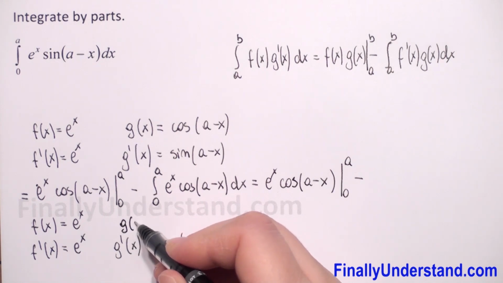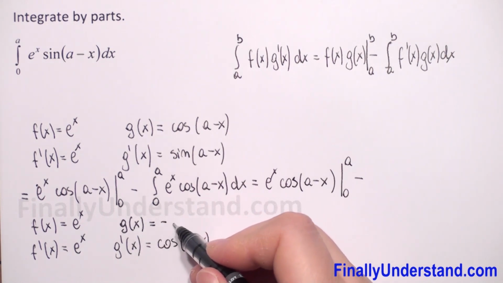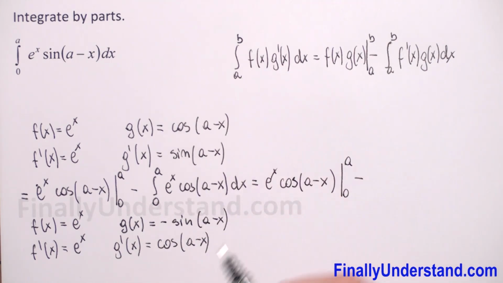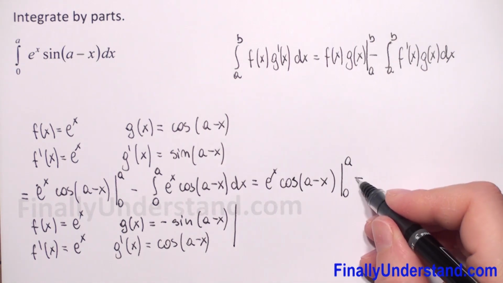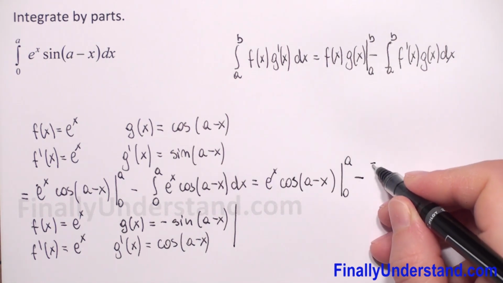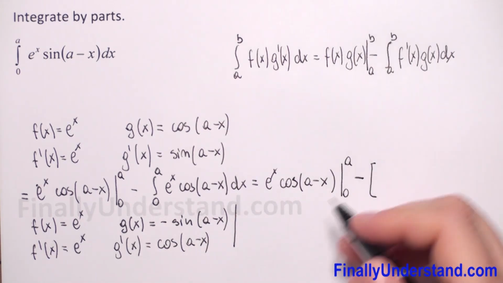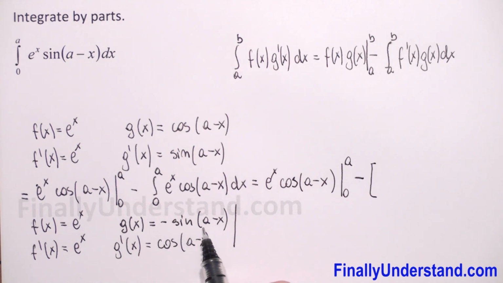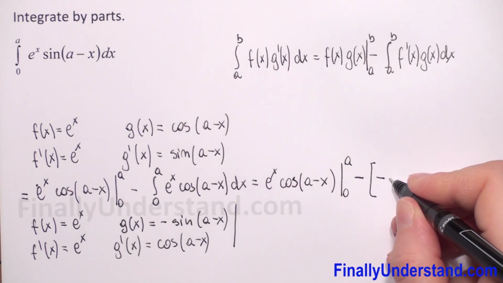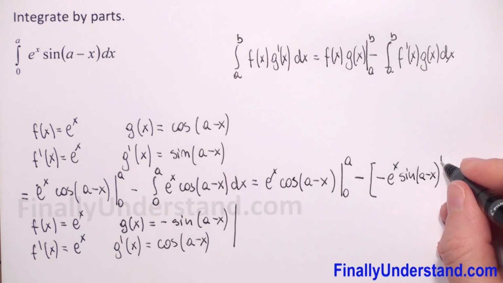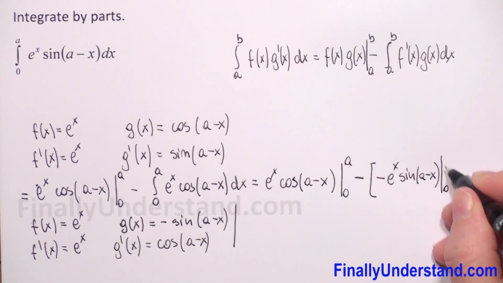So our antiderivative will be equal negative sine of a minus x. So we can put that we have minus, and in brackets we will put first f times g. So we have e to power x times negative sine of a minus x. Negative times positive gives us negative e to power x sine of a minus x. We have to put the limits now. We have from 0 to a, and we have minus